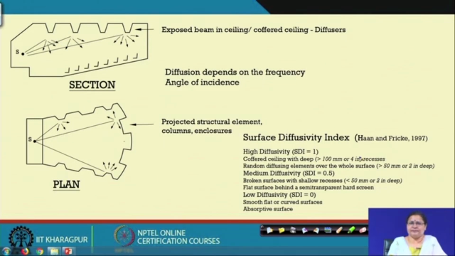Beams which come intermittently in the entire ceiling. These are for small size auditoriums. If you have broken surfaces with shallow recesses, say 2 inches or less deep, structural system, those can act as medium diffusive surfaces. So, surface diffusivity index, which is 1, considered by Han and Frick in their study in 1997,